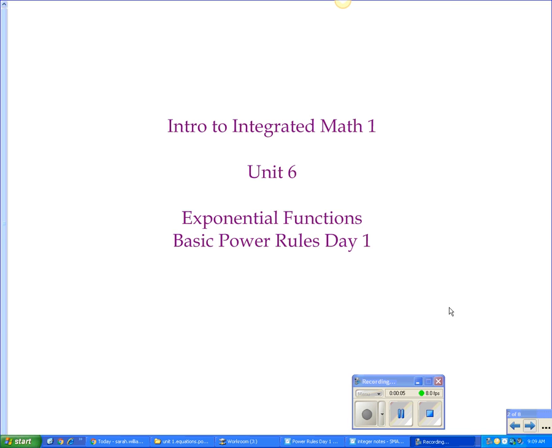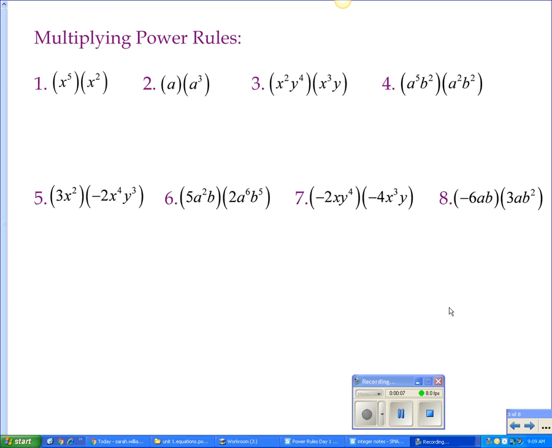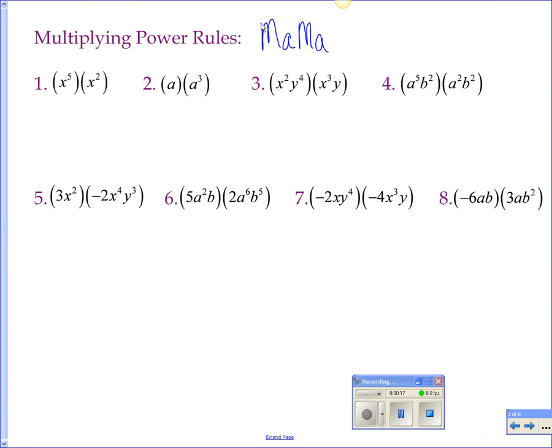So for number 1, at the top of your paper, you need to write mama. Where it says multiply and power rules, you need to write mama, okay? We're going to start out with the mama rule today. Mama rule means you multiply